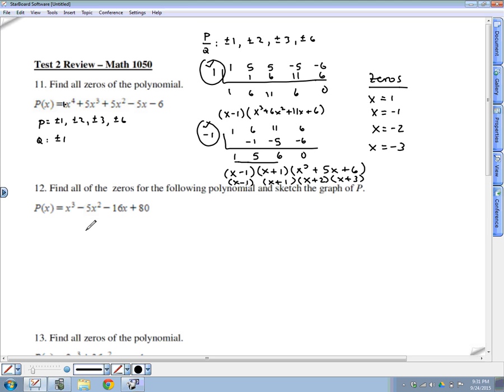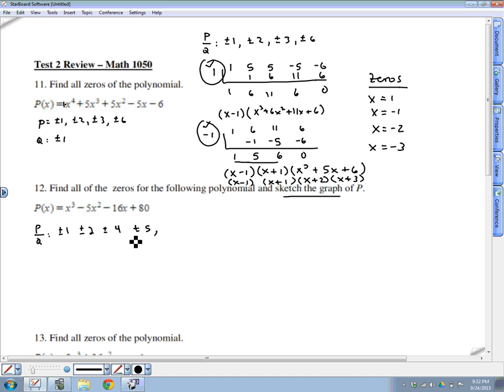Okay, question number 12. Find all the zeros, and this time you got to use the zeros to sketch the graph of P. So, P over Q. Just to start speeding this up, you'd have to go through and list the values of P, then the values of Q, then divide them all to get P over Q, but it's just going to turn out to be for this one plus minus 1, plus or minus, oh boy, let's see, 80, we're going to have plus or minus 2, 3 doesn't go into 80, 4 goes into 80,